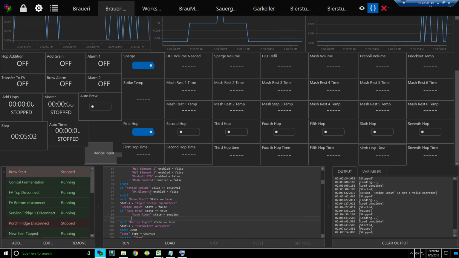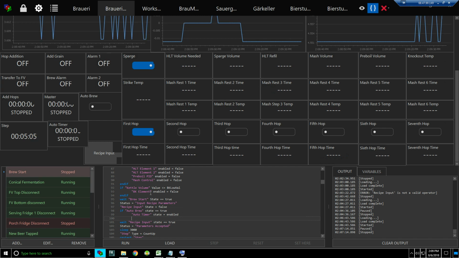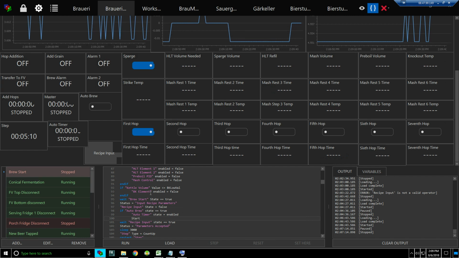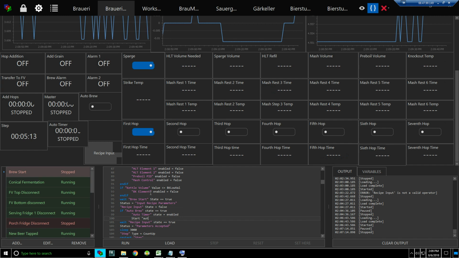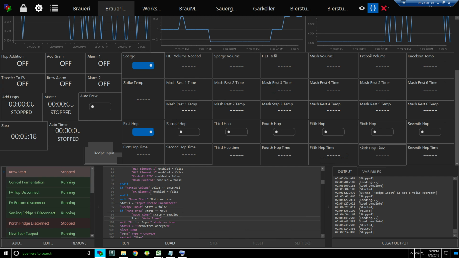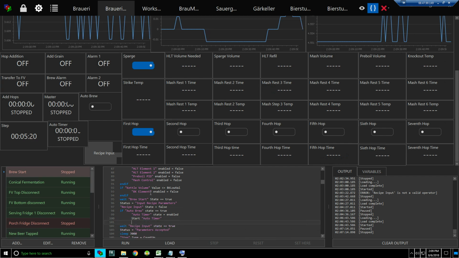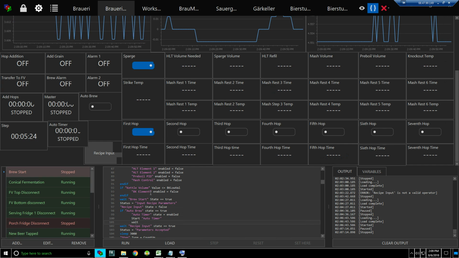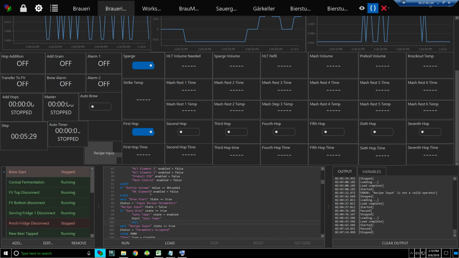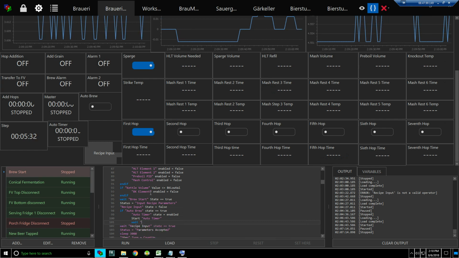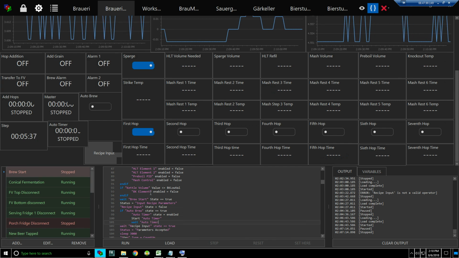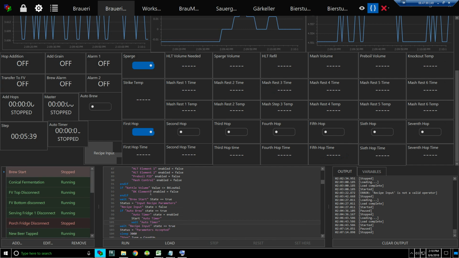We want to make sure the timer starts, so we say start auto timer. So that's going to start it. Then we're going to do a wait condition. Wait until auto timer expires, basically. Auto timer value,